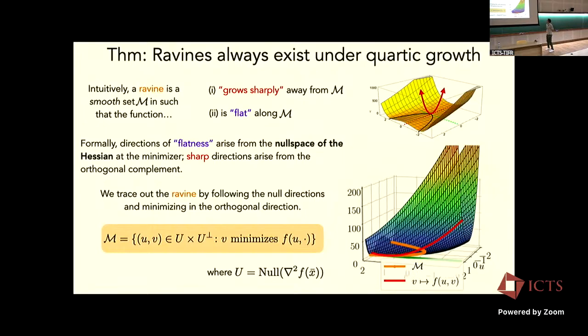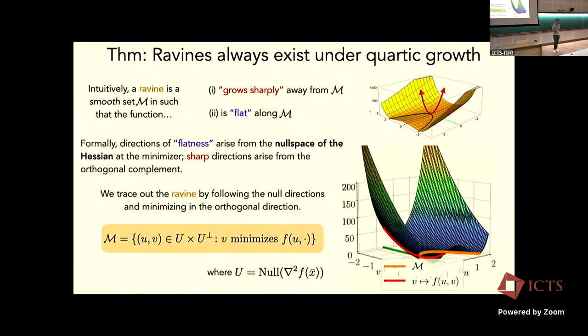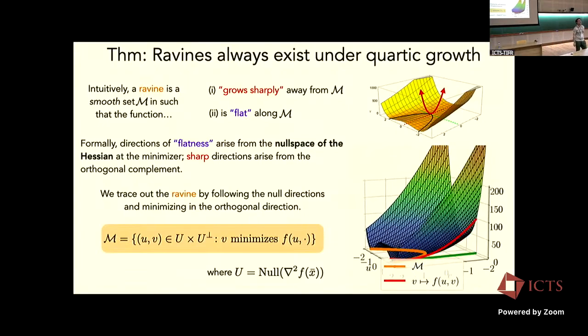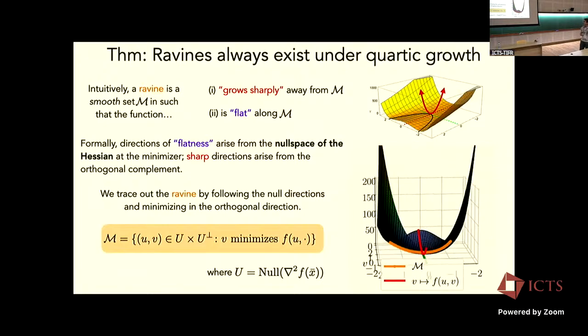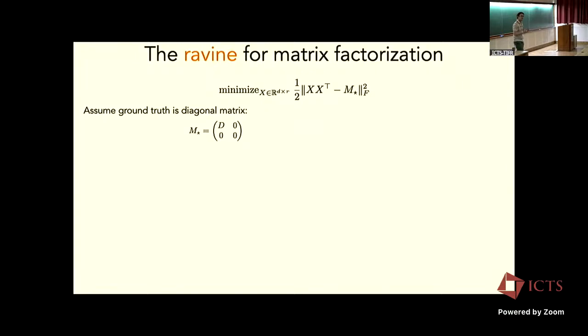So this is maybe an abstract geometric picture. If you're more comfortable with the more computational algebraic framework, we can actually construct explicit ravines for the matrix factorization problem. Okay? So let's say that we want to minimize this function still. What we're going to do is, without loss of generality, assume the matrix is low rank, and basically diagonal. This is fine to do because the norm is unitarily invariant. It doesn't really change the character of the problem, right? Then what we'll do is